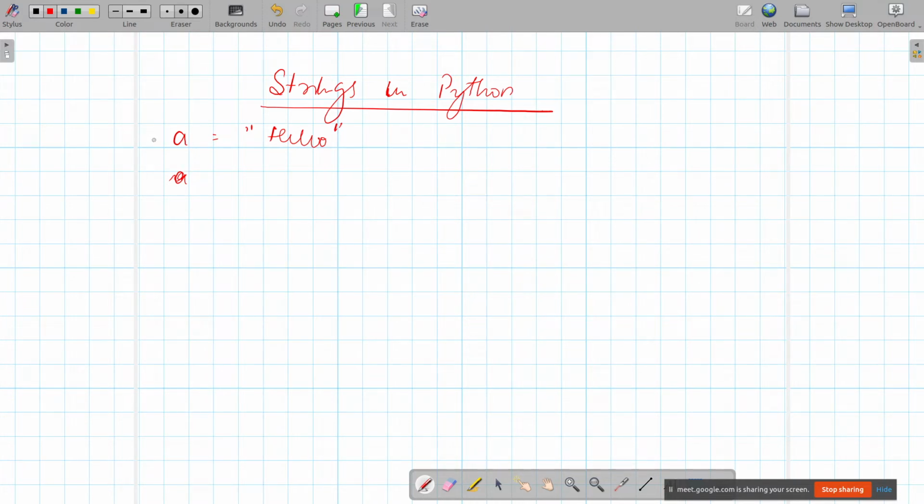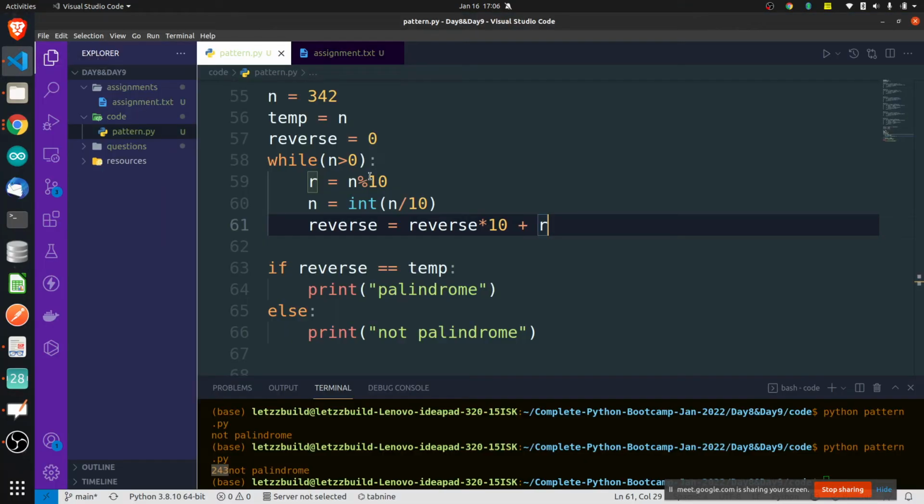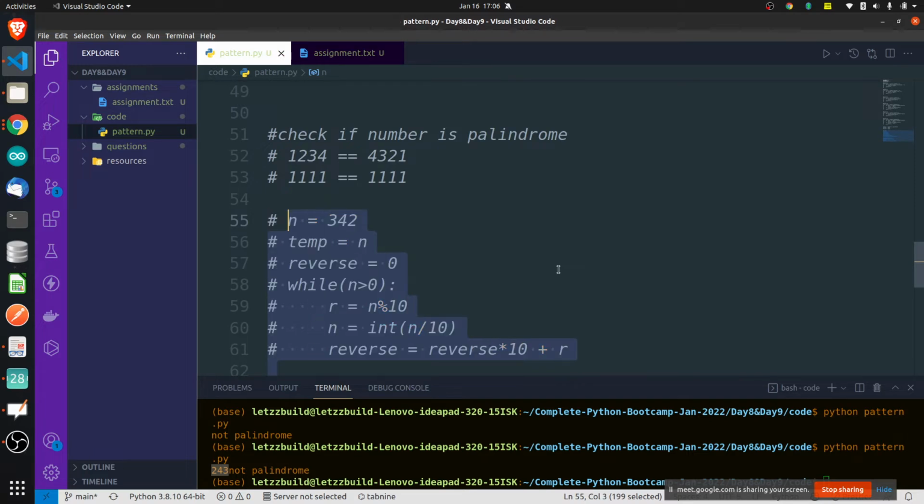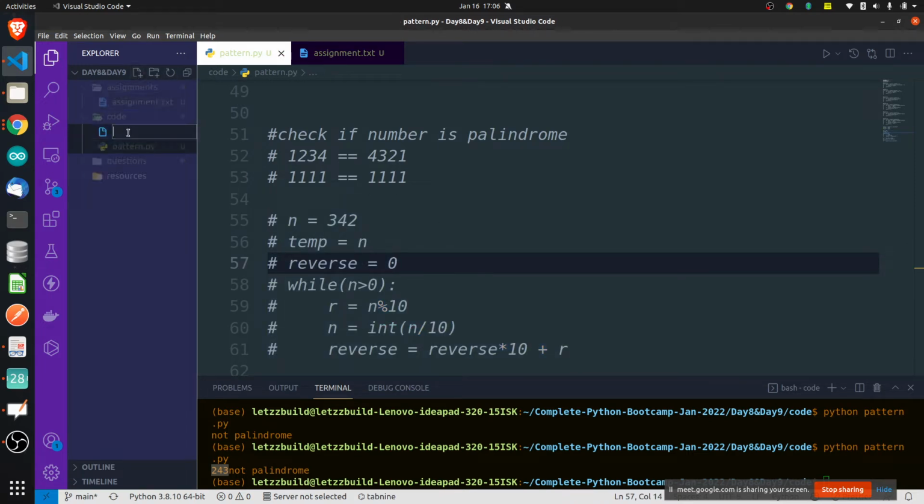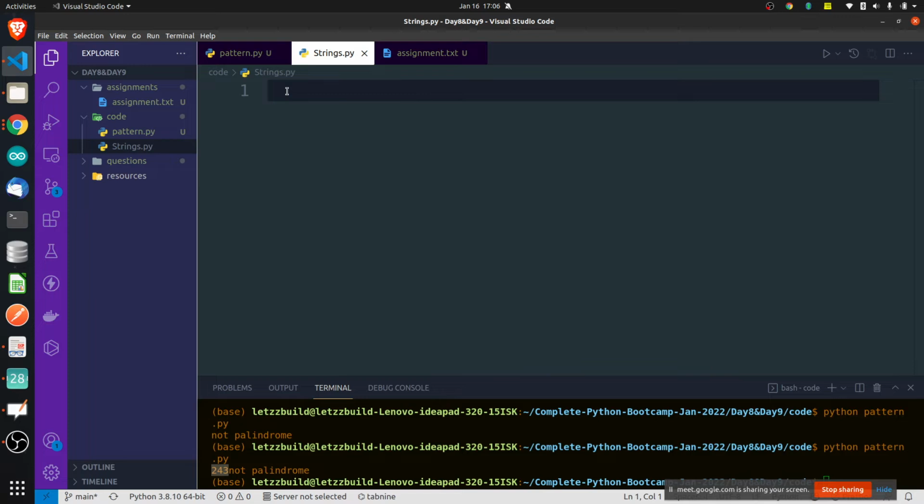So I'll just explain it here itself in code. I'll create one more file which is strings.py.